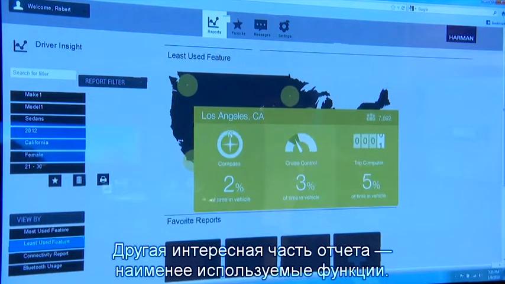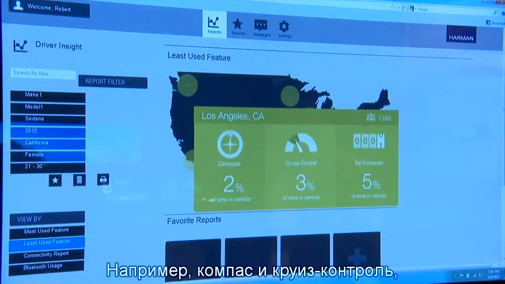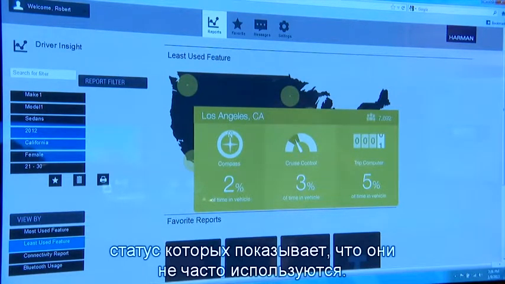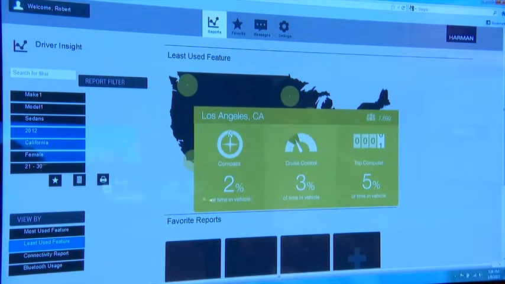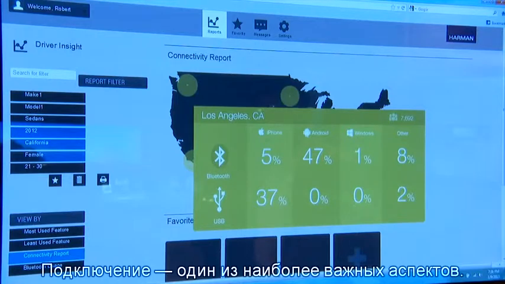Another interesting piece of the report would be the least used features. Some examples here are compass and cruise control, which the stats show are not really the most used ones on the ground. Connectivity is one of the most important aspects.